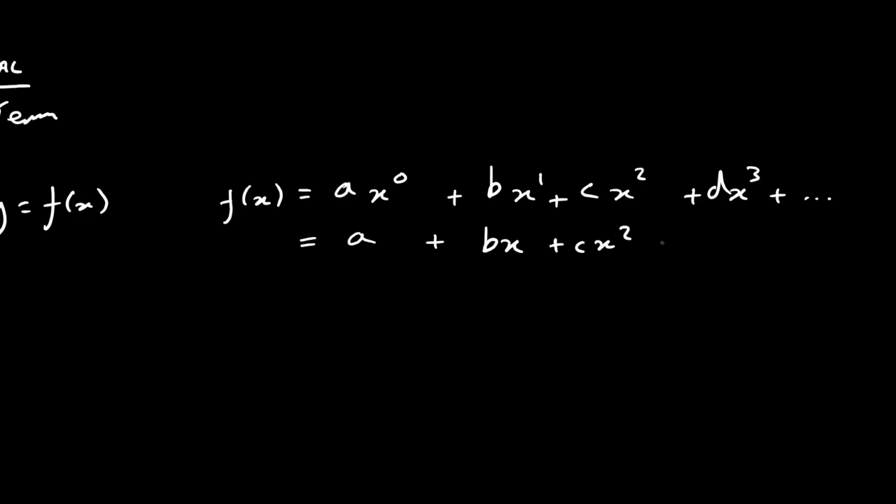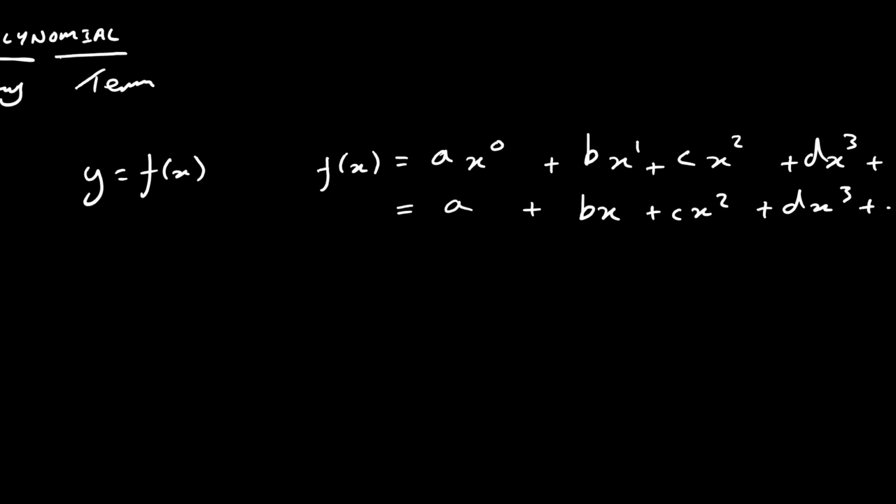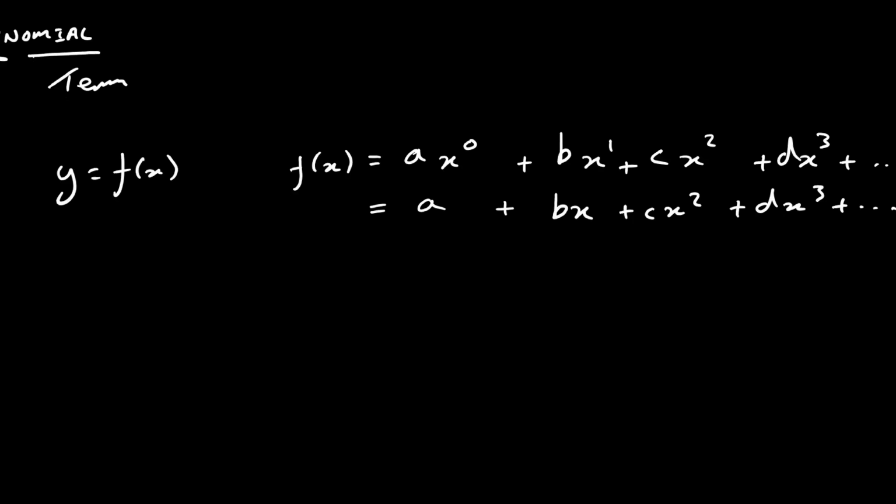And then we've got cx squared plus dx cubed, and then we can carry on going. So this is what a polynomial looks like. If you've got a polynomial, all we have to do is look at each term and differentiate it. The general rule is, if you look at each term, we're going to have some number out the front, and then x to the power of some power. And then when we differentiate it, the derivative is going to be equal to,